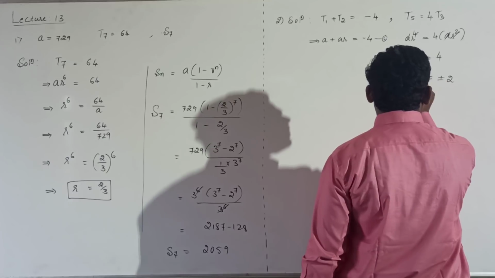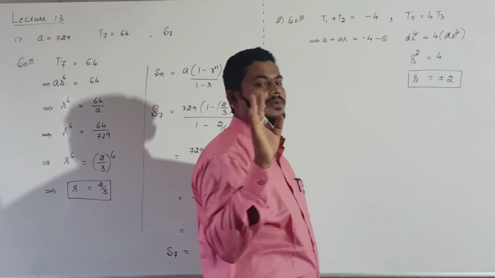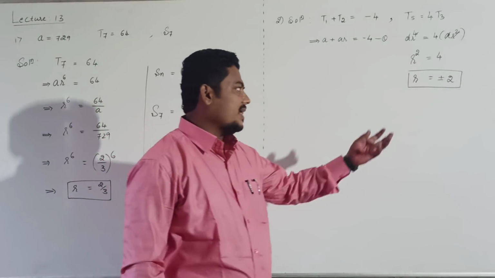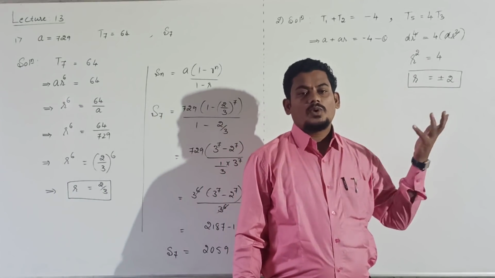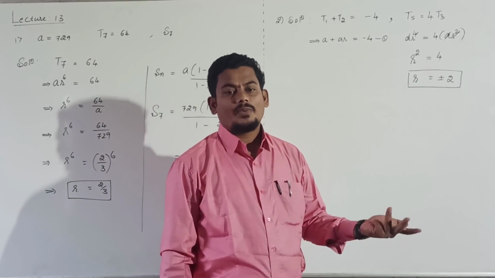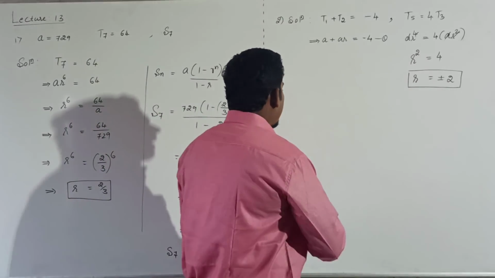Both the values are possible. Why? Because the common ratio may be positive or negative but not 0. Both values are possible. It may be positive or negative. So consider plus or minus 2. Now,